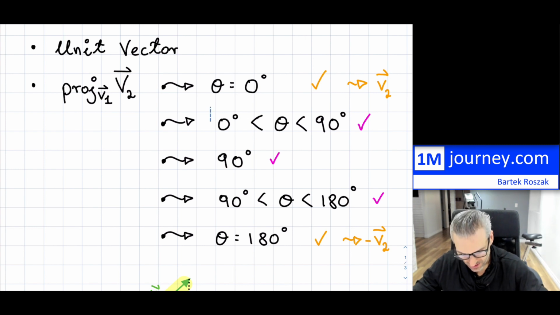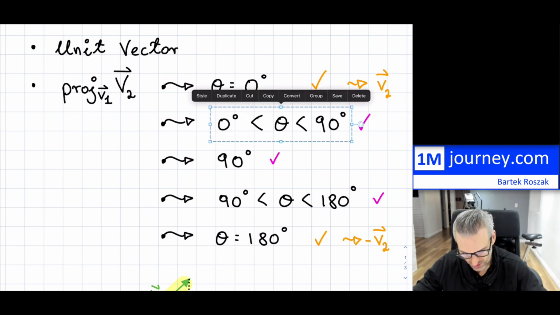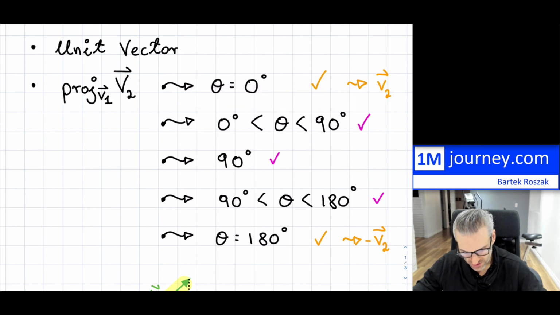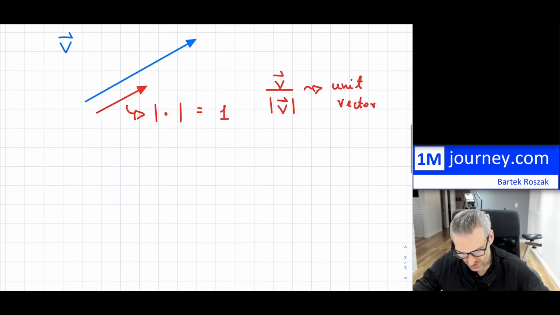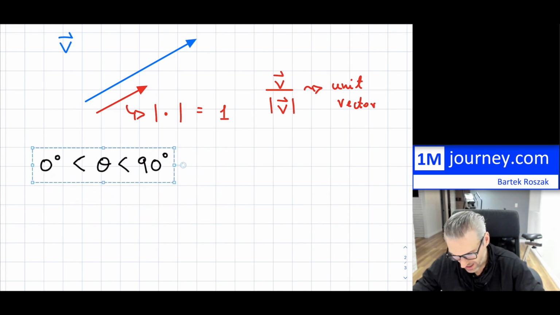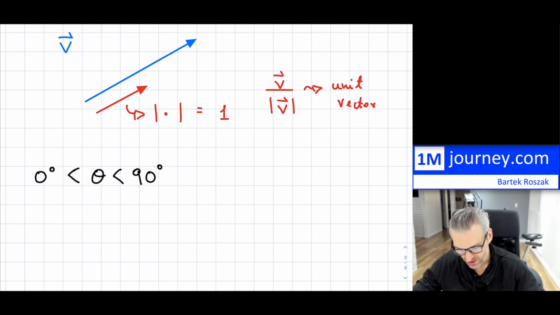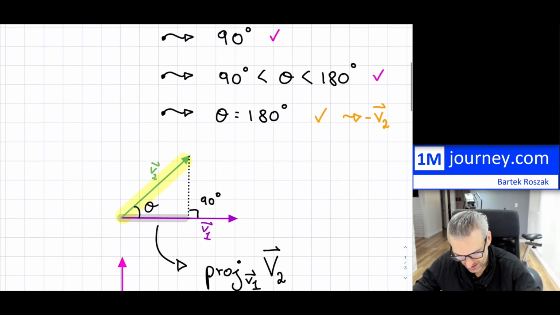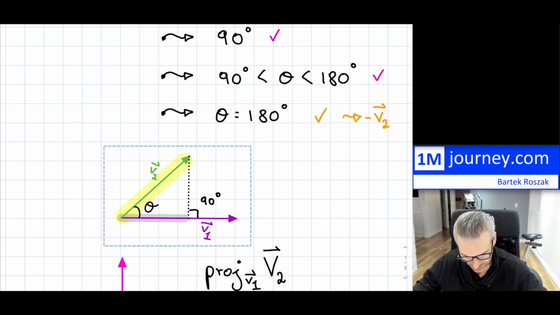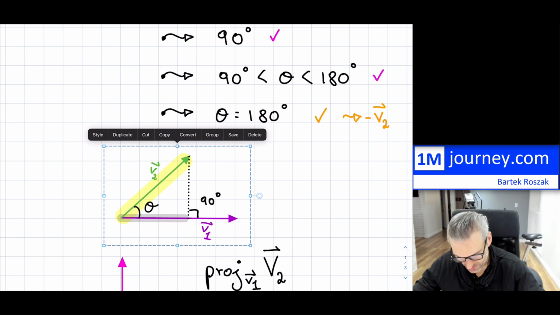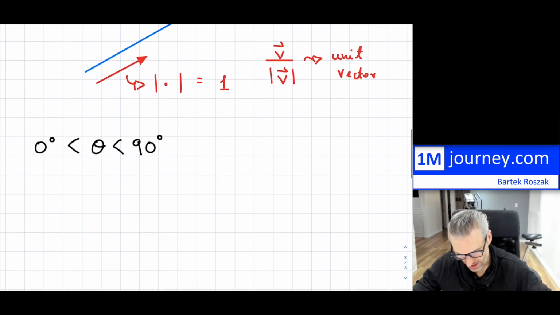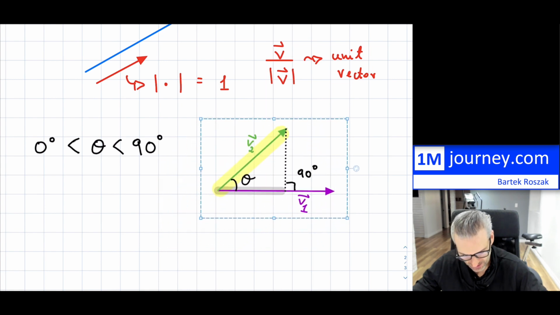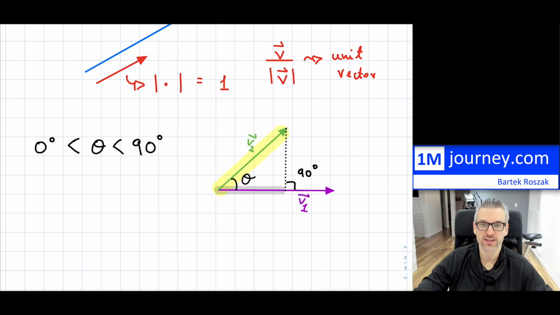So I'm going to take the easier case first to discuss, which is this one. The assumption here is that, given two vectors, the angle between them is somewhere between 0 and 90. So it's not 0 or 90, I've talked about those cases, but it could possibly be something like I have drawn over here. So I'm going to duplicate this, copy it, and bring it down just so that we have a visual. Within here you can see that theta is clearly less than 90,